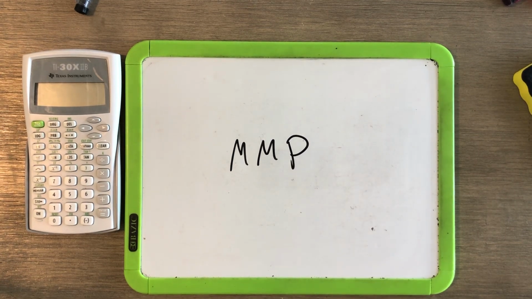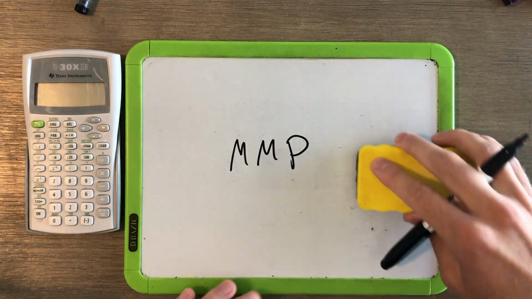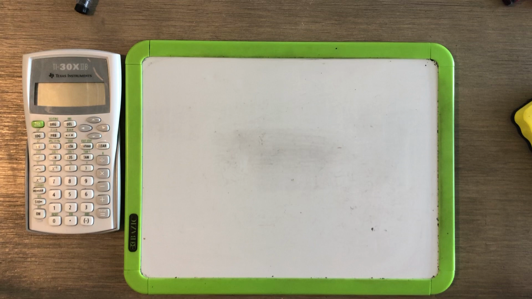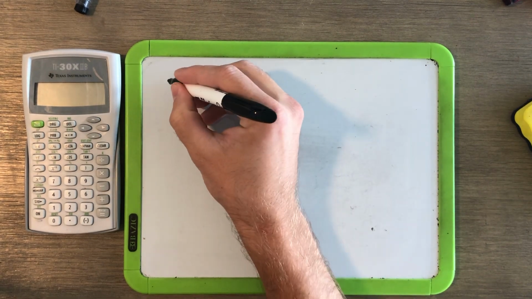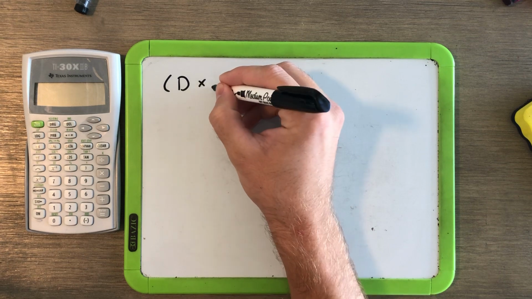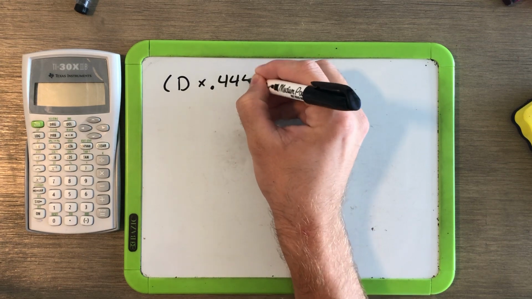All right, our next section is going to be on MMP, minimum manifold pressure. We're going to talk about the requirements. So the actual equation's pretty simple. It's just going to be your depth times 0.445